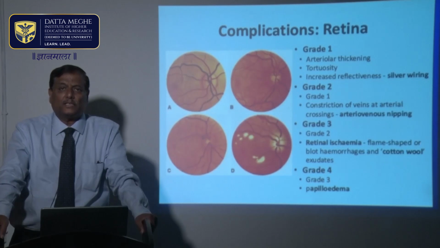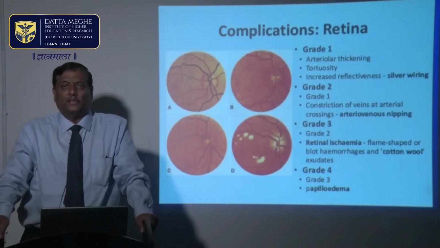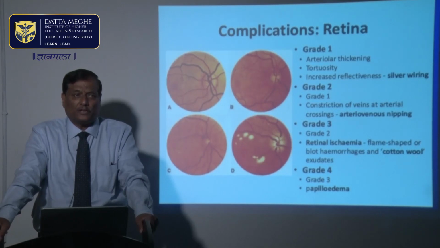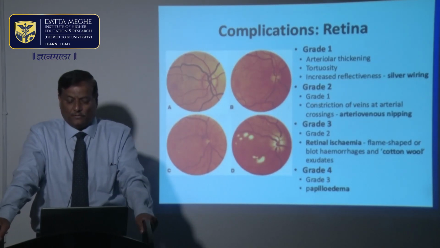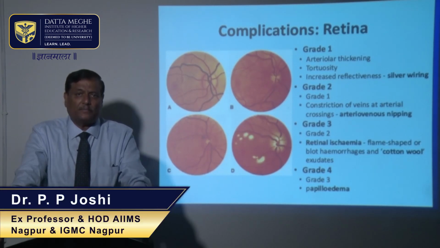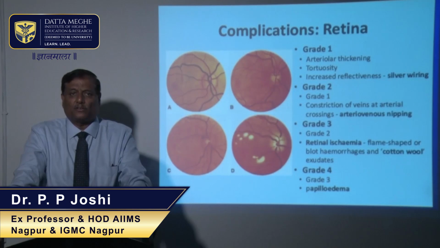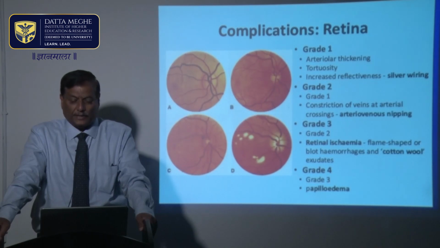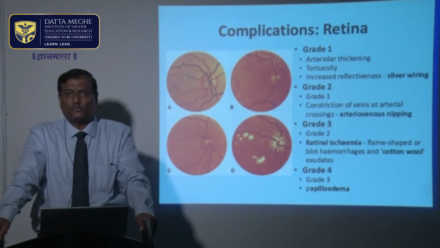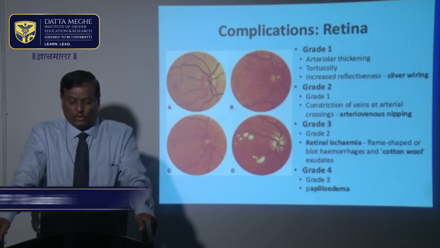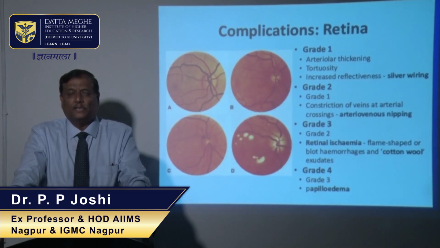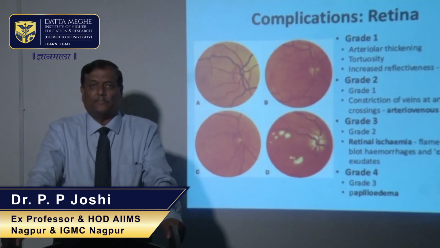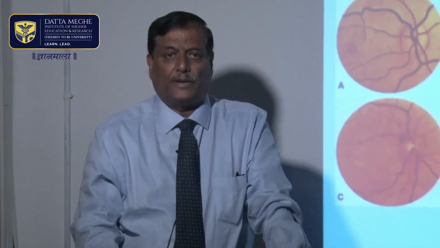Now, hemorrhages which occur in patients who have hypertensive retinopathy are flame shaped because they occur in the superficial layer, whereas those which occur in diabetes occur in deeper tissue areas and are called blot hemorrhages. Dot and blot appearance is basically seen in diabetic retinopathy, whereas in hypertensive retinopathy the hemorrhages are typically flame shaped and also lead to cotton wool exudates. And grade 4 retinopathy is when it is associated with papilledema. That means there is edema of the optic disc.